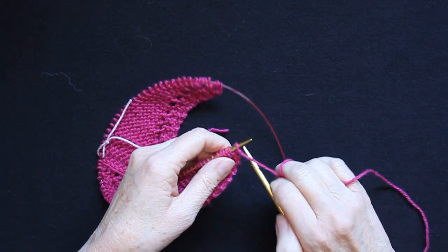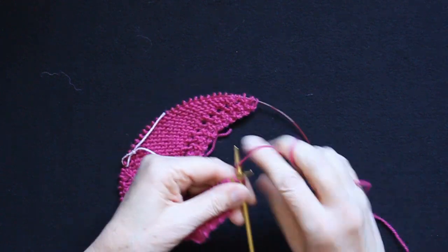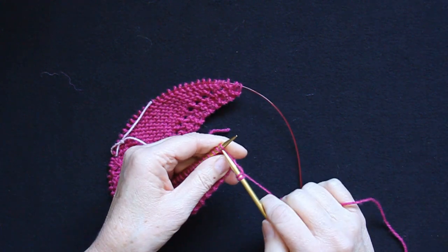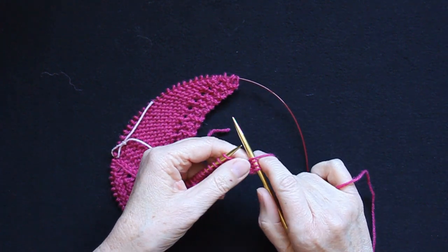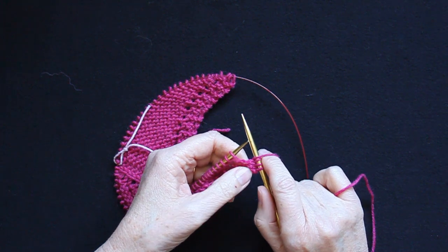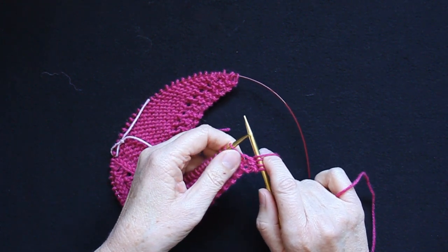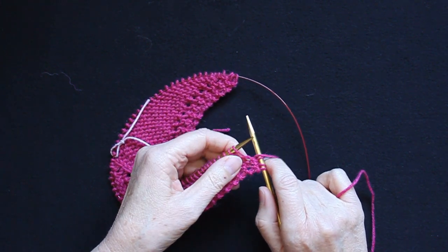To start the new increase point, we're still keeping the 3 garter stitches at the edge. So I'm going to knit the first 3 stitches, and then I'm going to work a yarn over. I'm still increasing at the edge every row, and now I'm going to set up for the new stitch pattern. So I've done a yarn over, knit 1,